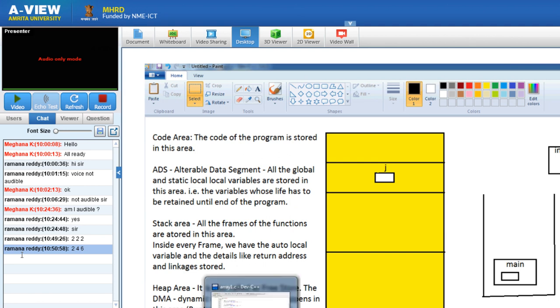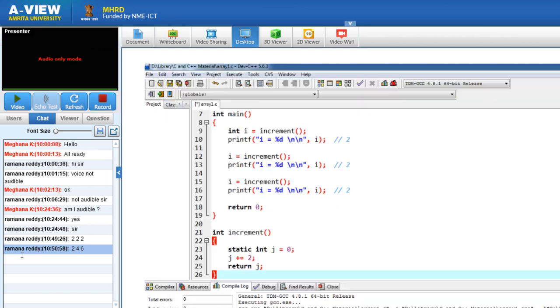Now once control leaves increment, the frame is deleted, but j is not deleted. Please note the j is not deleted because j is not at all there inside the frame. Okay, right, and the value of j here is 2. Again I'm calling the function increment. So again